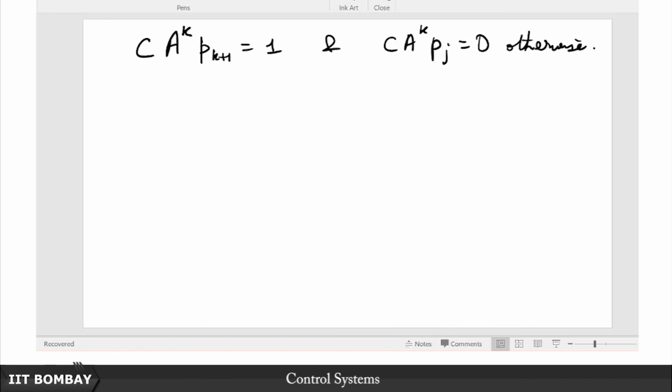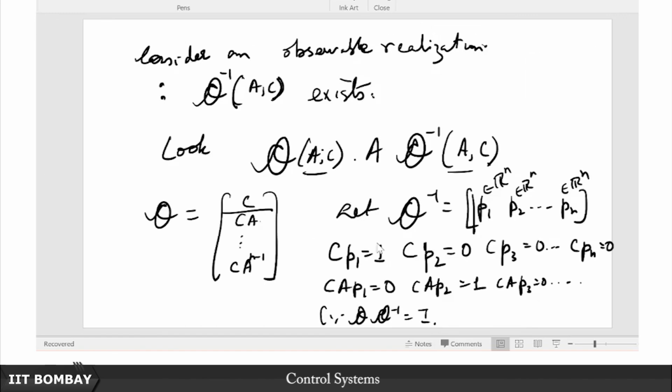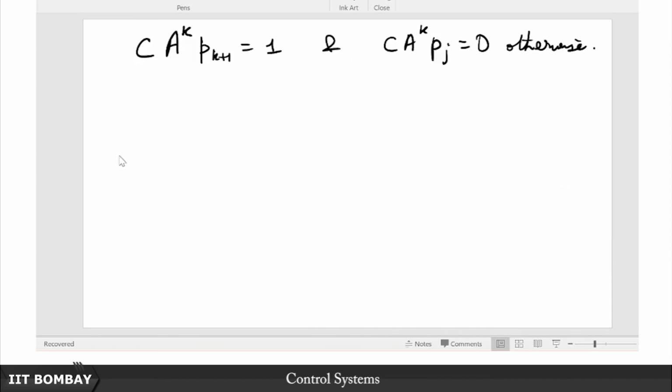That is the general form, that is why you will get the identity after multiplying this. So this is the general form we get with the observability matrix and its inverse, where these pk's, p1, p2, p3, are columns of the inverse of the observability matrix, and the inverse exists because it is an observable realization, right. So now notice that if this is how we plan to go about it, then